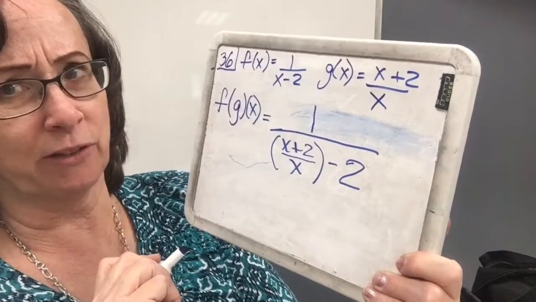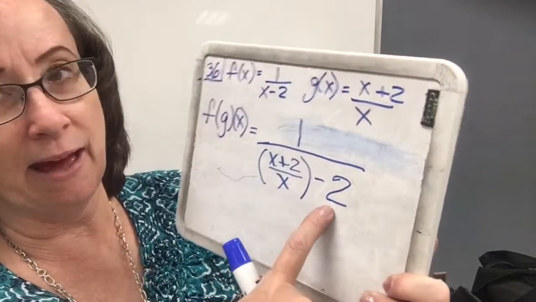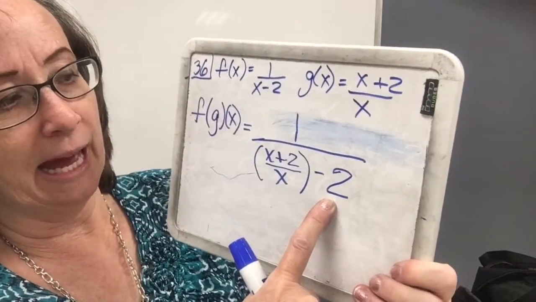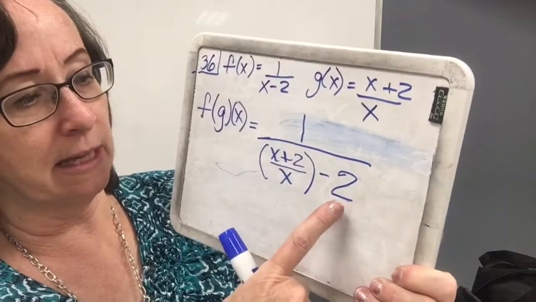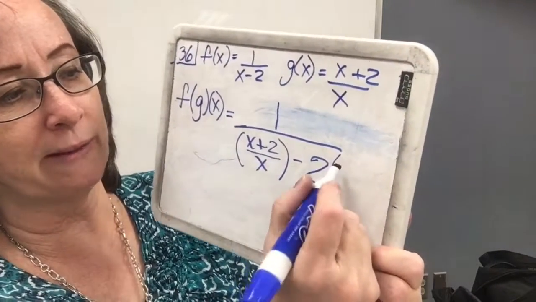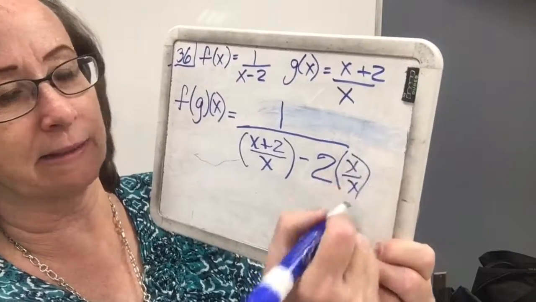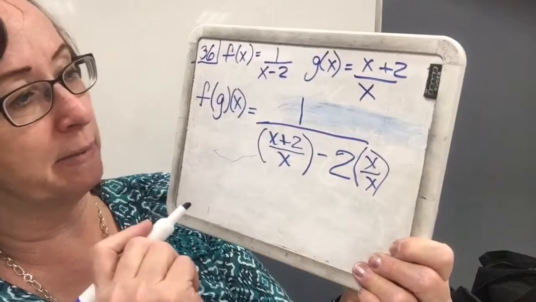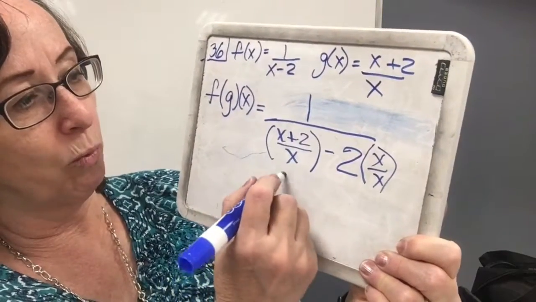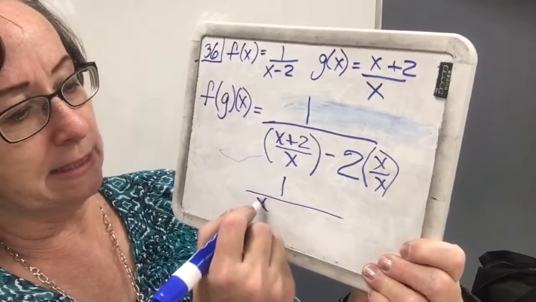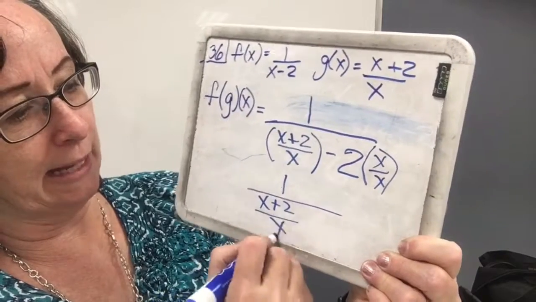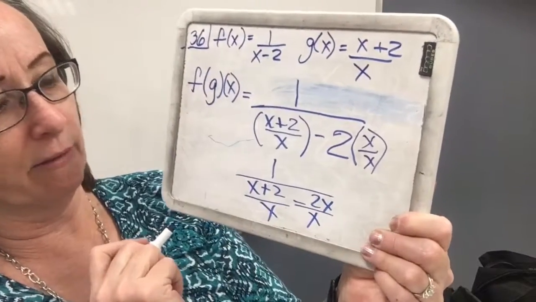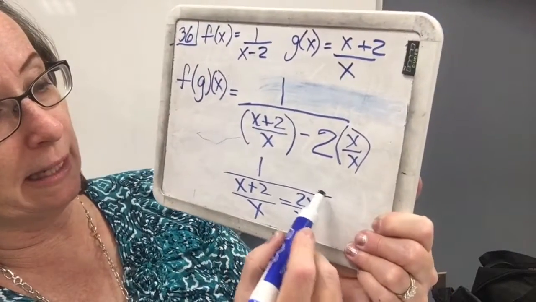Now, I have a little bit of complication here because I have a negative 2 hanging out over here, and I want to be able to combine these. So what I'm going to do is multiply this negative 2 by an x over an x, which is going to simplify and make it so I have a common denominator here, and I'm going to get 1 over x plus 2 over x minus 2x over x, which is going to wind up being